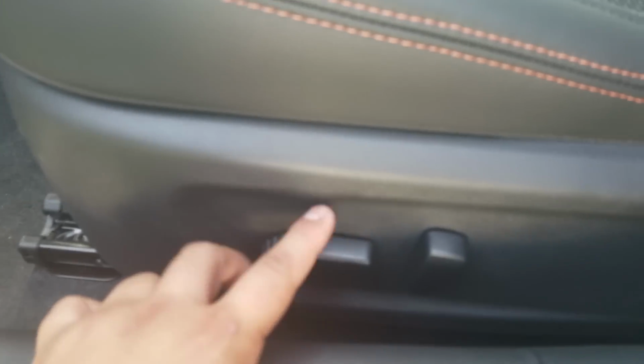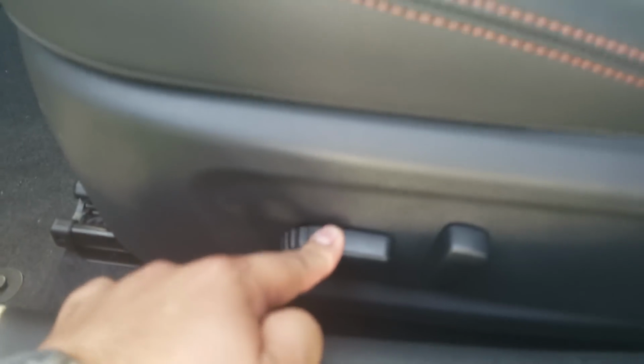And you do get 6-way positioning, one back, one forward for your recliner. You can go forward, you can go back, and you can lift yourself up and lift yourself down. All automatic seating gives it a nice finish. Now, inside